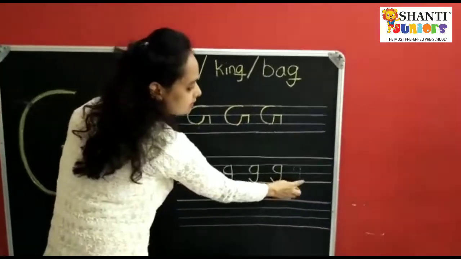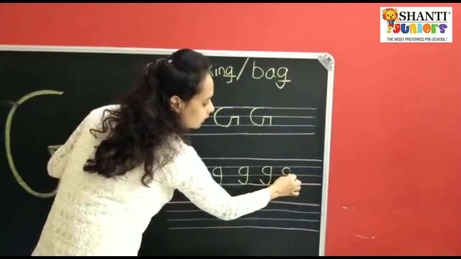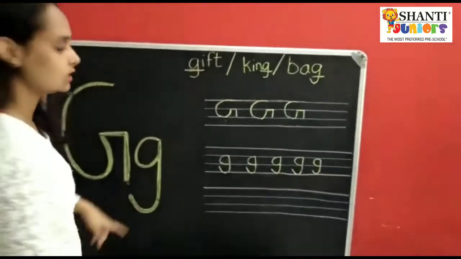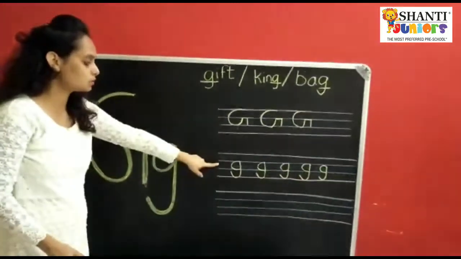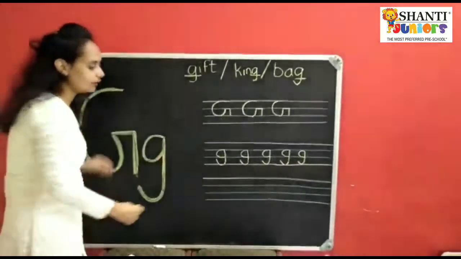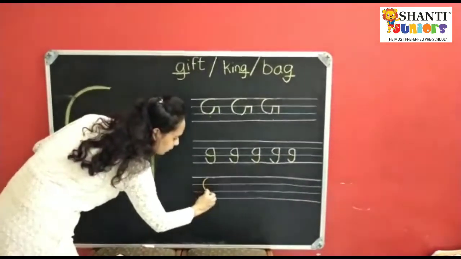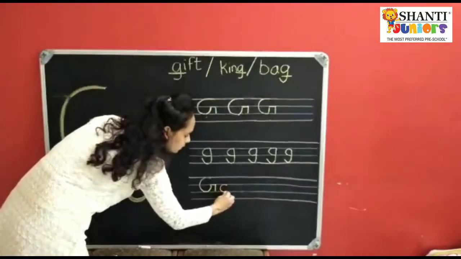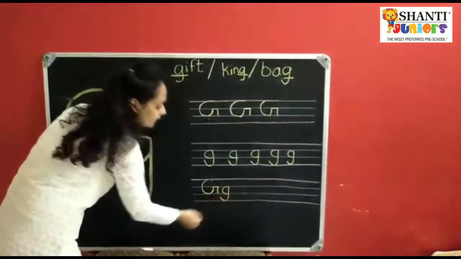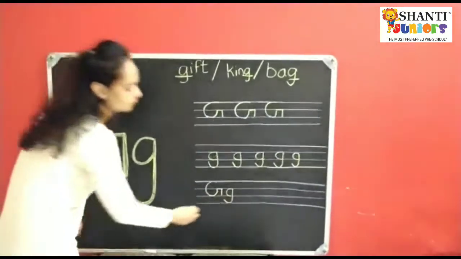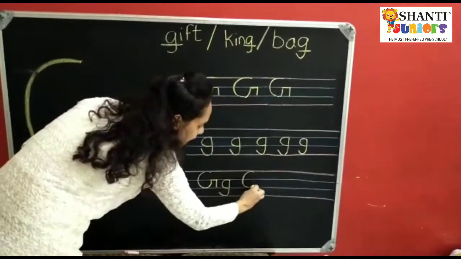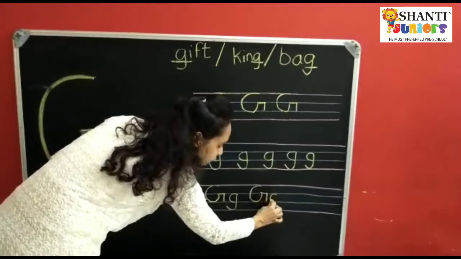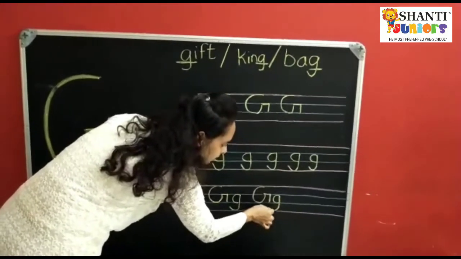So children, if you are not getting how to write, tell your mama to give a dot like this, and on the dot you can write like this. Curve, standing line and small curve. It becomes letter G. So this was capital letter G, this was small letter G. Now together how to write, children? Same way, curve, up, down, and curve, standing line and curve. It becomes letter G. Okay? Curve, up and down, sleeping line, standing line and sleeping line. Small you have to do, and curve and like this.